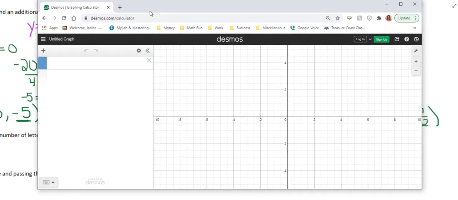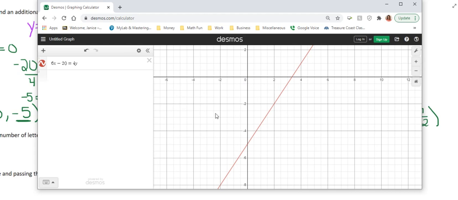Okay, so I will type the equation in, 6x minus 20 equals 4y, and my equation is graphed. So I can take a look here, and I can find another point on the line. It looks like I have a point 2, negative 2, when I look at this. And a way that I can confirm, based on my graph, is I can click here on this Edit List